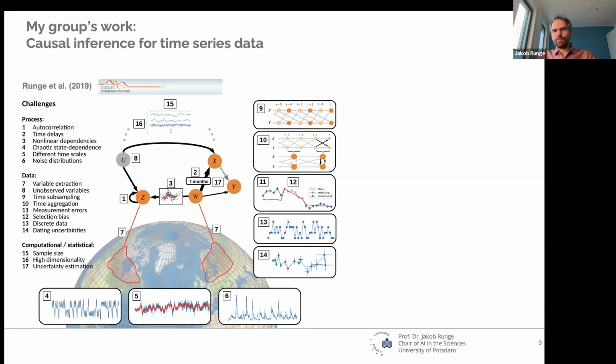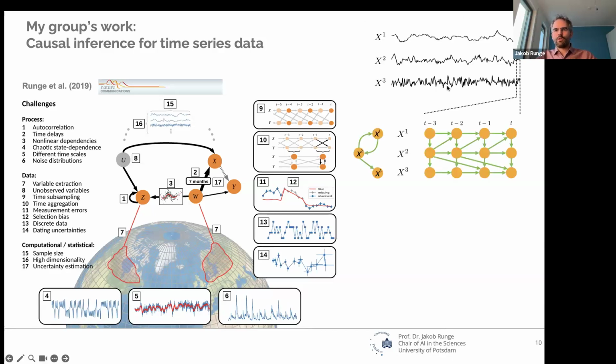So my group's work was trying to develop time series causal discovery, and recently also causal effect estimation methods for this. And so a typical object here is not this graph that you might typically have, but we deal with time series graphs.